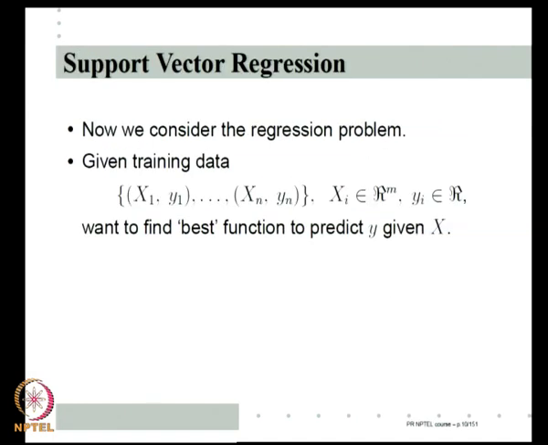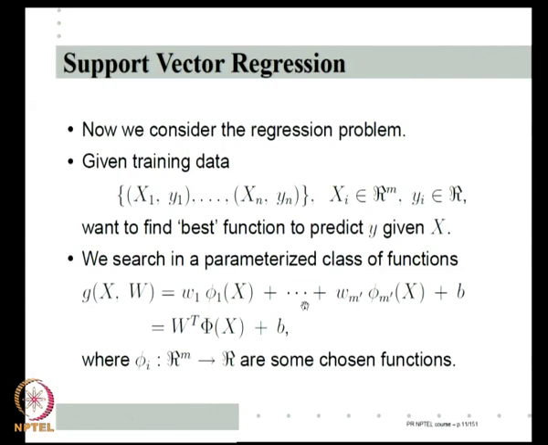What is the regression problem? We are given training data (x1, y1), ..., (xn, yn), n training samples, where each xi is in Rm, like our feature vector. The only thing is, the targets yi are now not plus 1 or minus 1, but real valued targets. Right. So, given this training data, we want to learn the best function to predict y given an x. We want to learn a function f such that y hat equal to f of x is a very good prediction for y. Right.